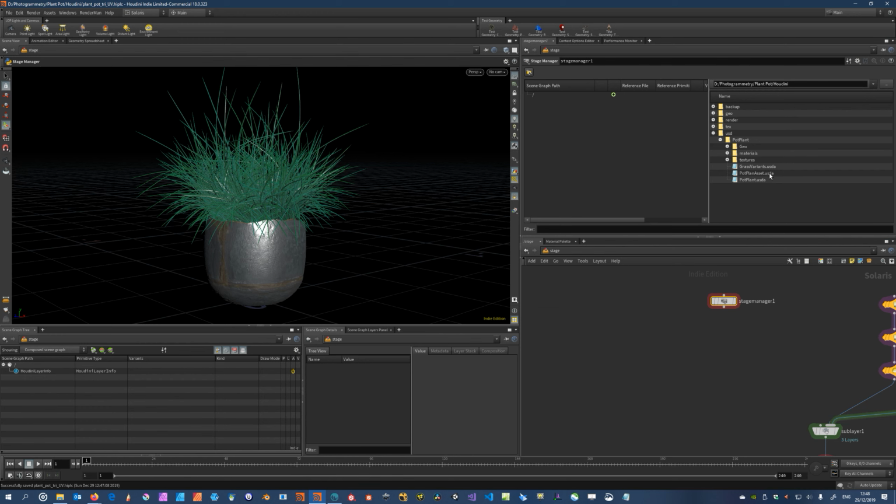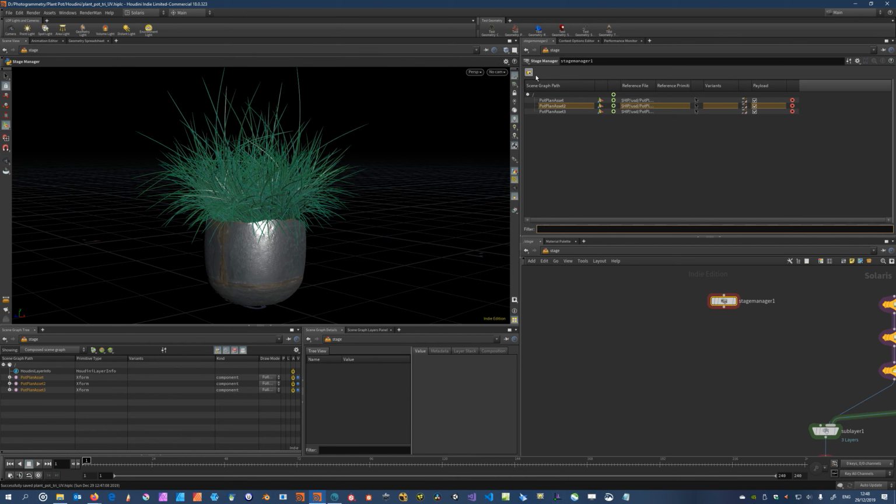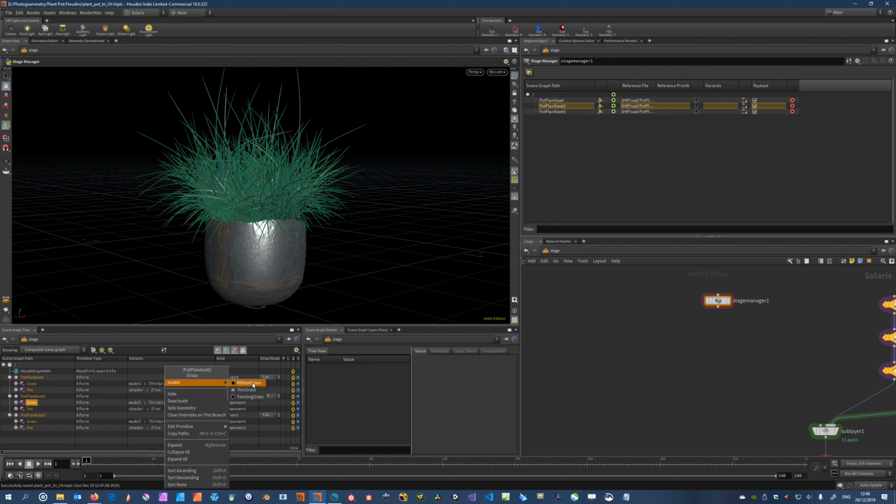So let's ingest the pot plant asset and duplicate it a couple times. Normally you'd be able to set the variants directly in here, but given the structure that we have with the component, two subcomponents on which the variants exist, that's not possible. So let's set those manually or explicitly. I already have the thin grass and the zinc which should be the default. I'll keep it at this, and then for asset 2, let's change to the ribbon grass,